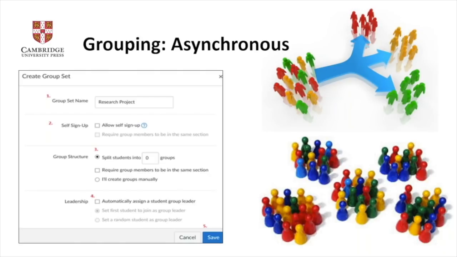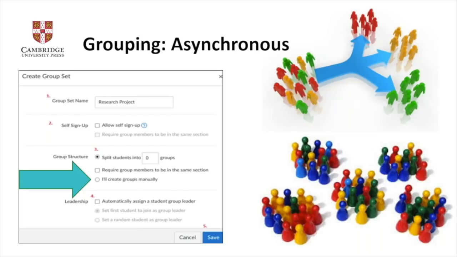If you're using Canvas or Blackboard as your learning management system, or Google Classroom, something similar, they almost always are going to have some way to create a group set. And I want to just encourage you, as you look towards having a differentiated classroom, to be careful with the option here that says just automatically split groups, split students into 4 groups or 5 groups, versus I'll create groups